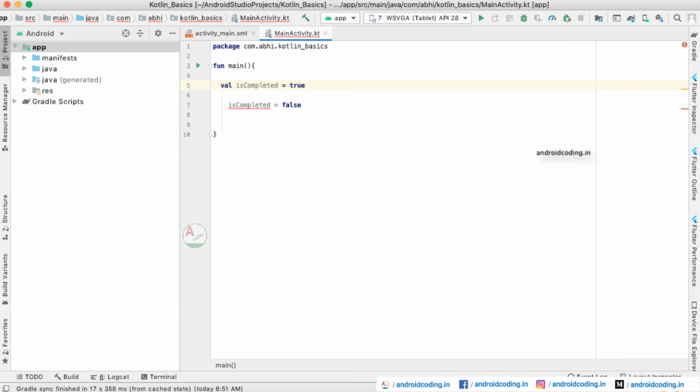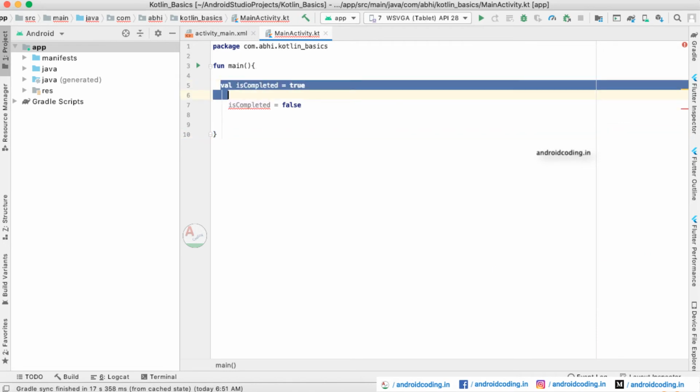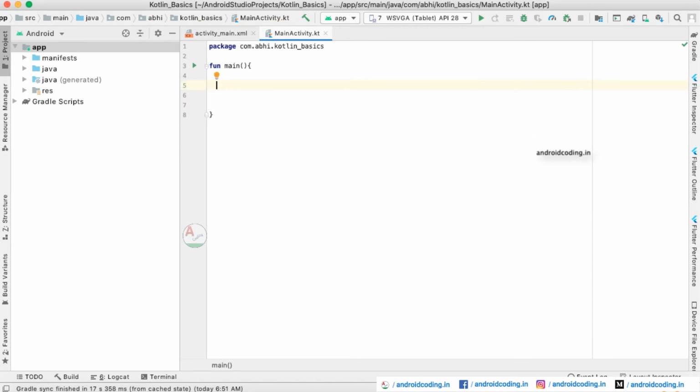So it is a final way of assigning a value for this particular variable using a val declaration. So this is it for the boolean variable declaration in Kotlin, and next we will be seeing character variable declaration in Kotlin.